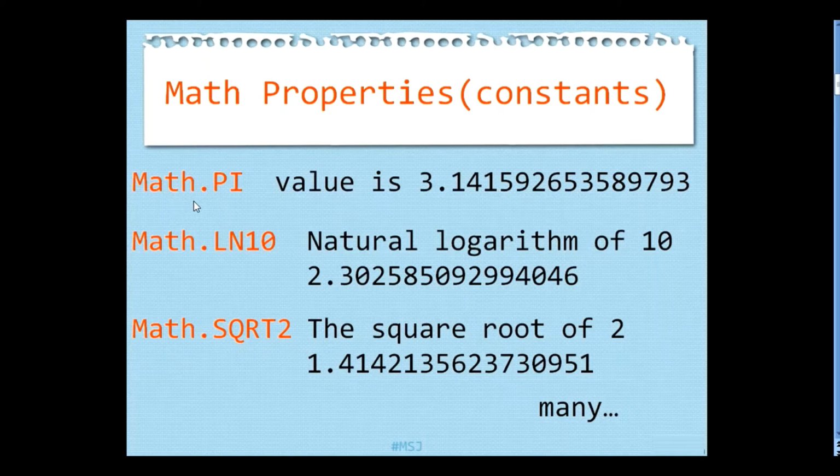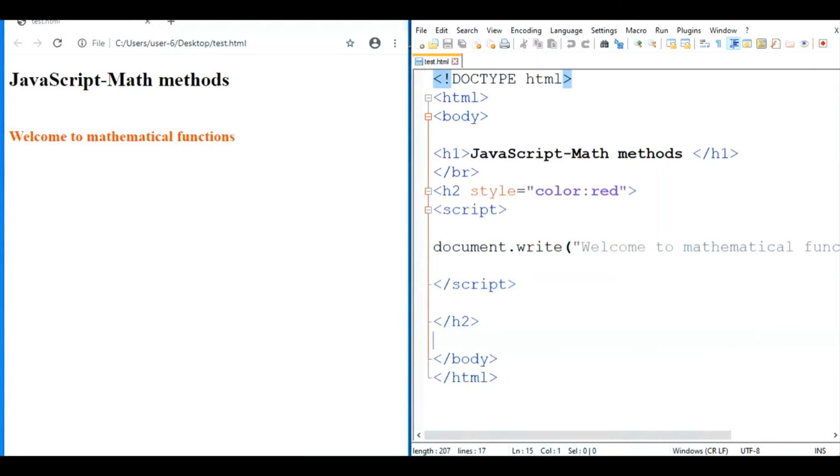Let us try to print this value, Math.PI. Here I want to write this JavaScript program. Then parallelly we can compile and run this program on the browser. I'm using Google Chrome as a browser to execute our JavaScript programs. You need not worry about this code. I just want to print the output of the mathematical functions in red color. That's why I wrote style equal to color colon red.